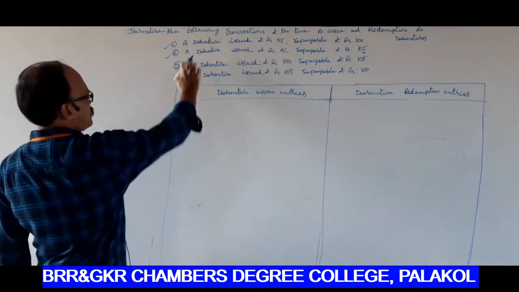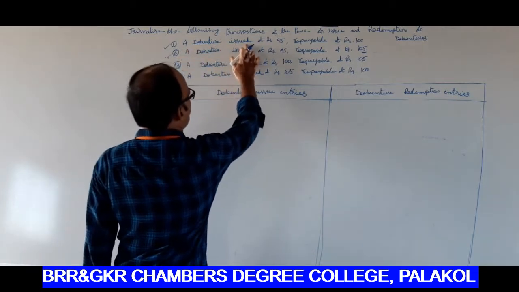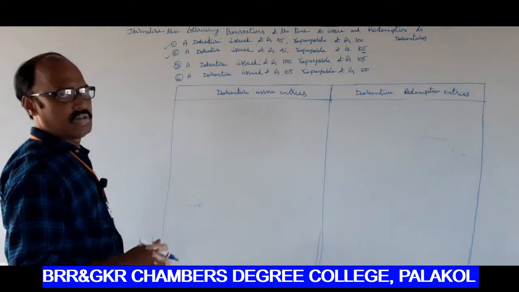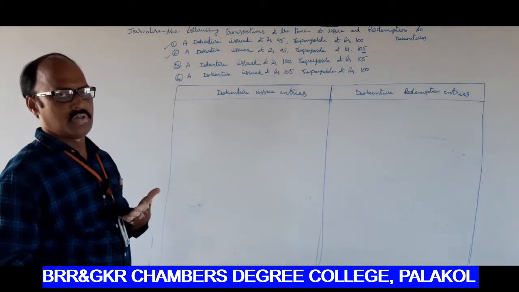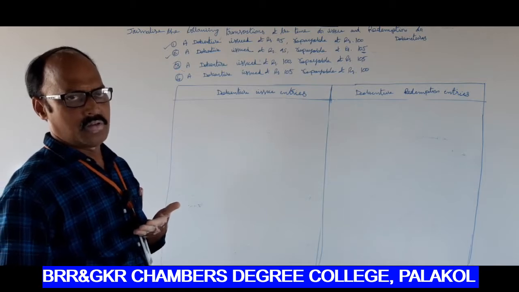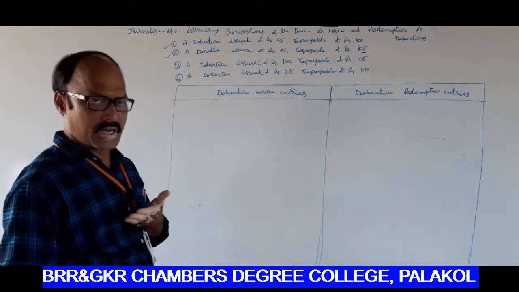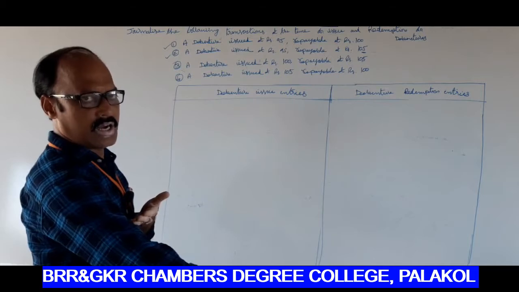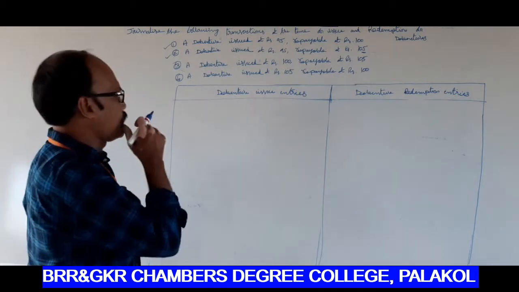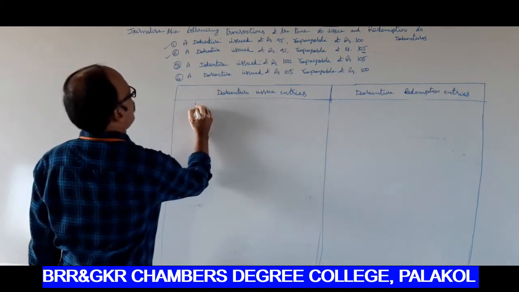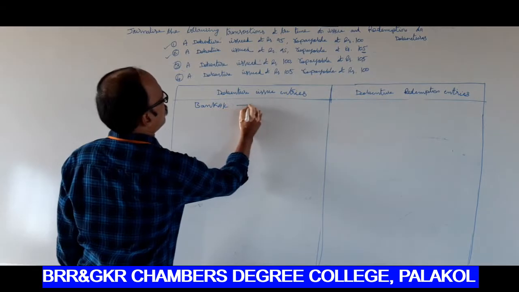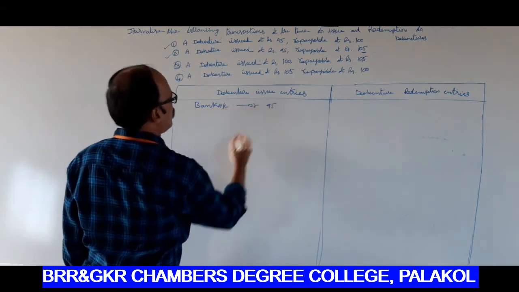Okay, first journal entry, a debenture issued at rupees 95, repayable at rupees 100. Issued at 95 means we received 95 from the debenture holder. Amount received from the debenture holder is 95, repayable 100. The difference amount is to be treated as a discount, obviously. So, what is the journal entry? Bank account debit 95,